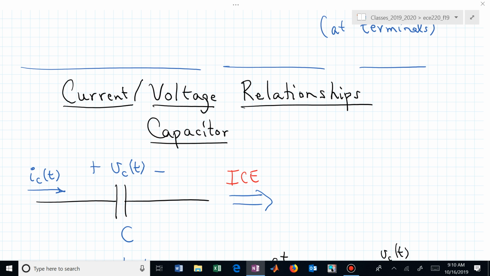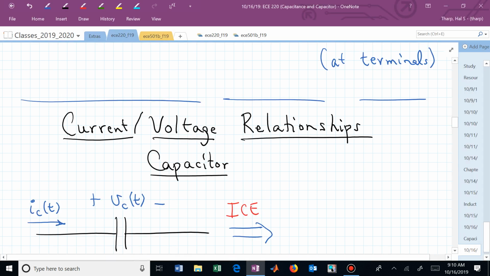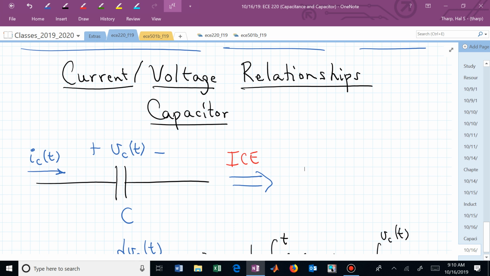Here, the first letter is I, that's our current, and that's now equal to the other two variables in the ICE formula, the C and the E. The C is our proportionality constant, and E is electromotive force or voltage. That's now the derivative of that voltage across the capacitor. I is equal to C dV/dt. And so you need to remember that,